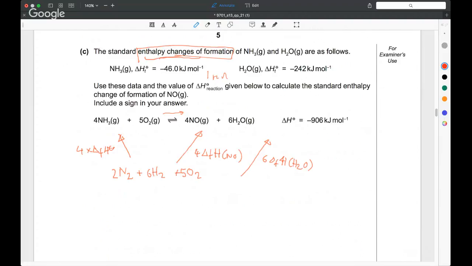Now Hess's law is telling us that it doesn't matter which route we take, as long as the starting and end conditions are the same, we'll get the same enthalpy change. And you can see we've got a couple of routes here. We've got one route which is going that way, and another route that's going that way. So we need to start to put these 2 routes together as an equality. And so the route that's going this way is, what is it? It is 4 times the enthalpy of formation of ammonia. That's that bit there, isn't it? That's one step. The second step is the enthalpy change for the reaction,